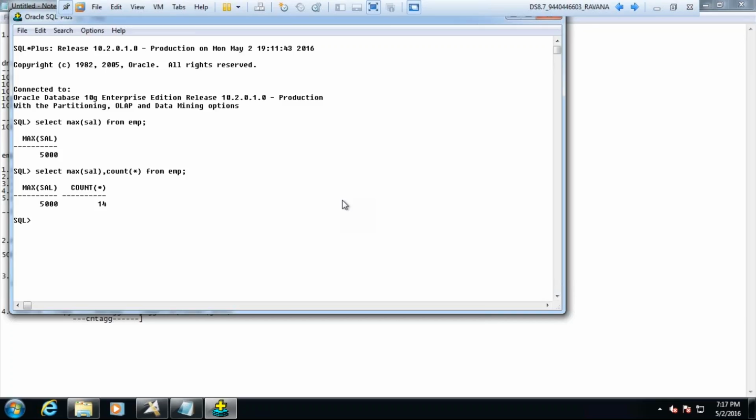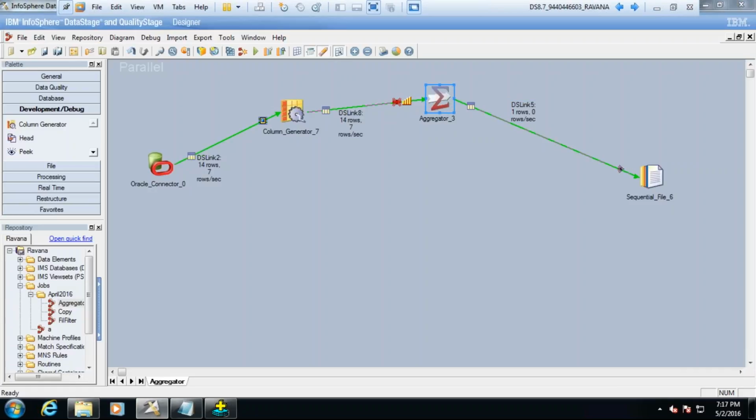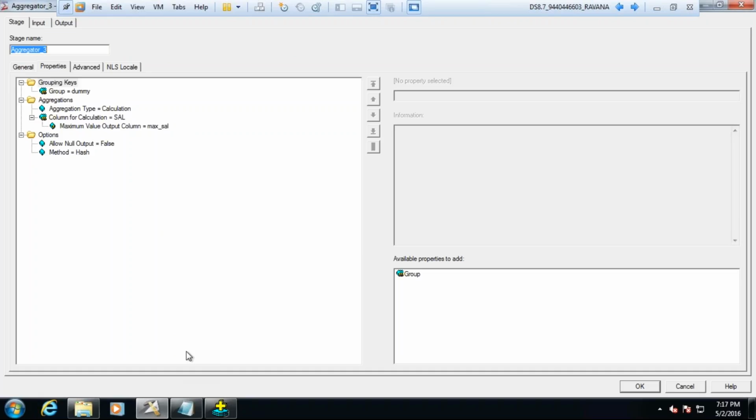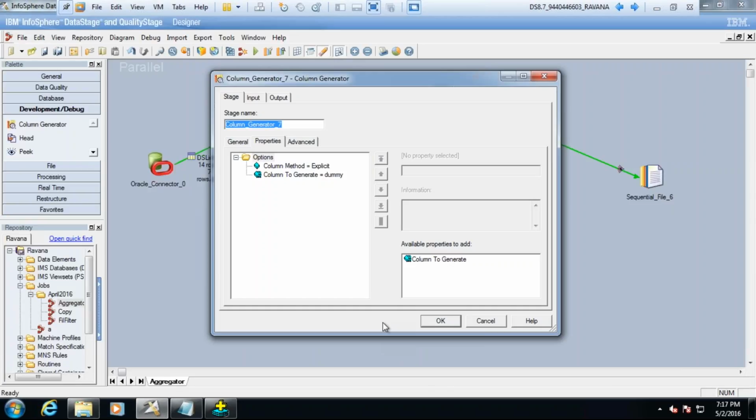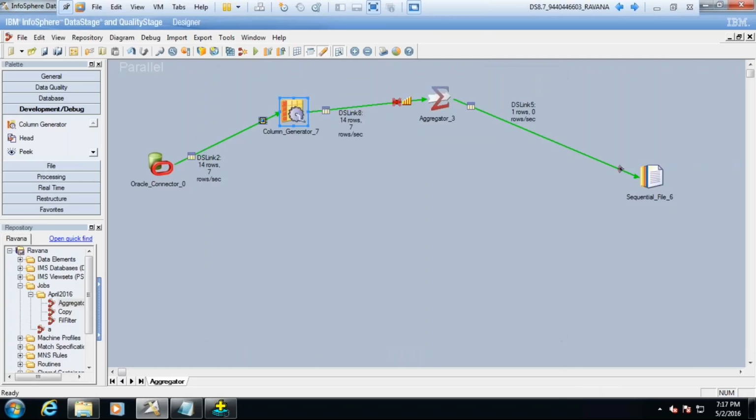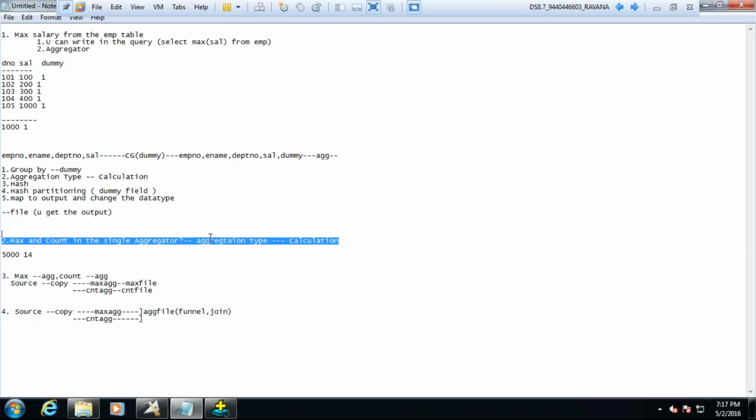As far as my understanding, maybe I'm wrong. See, don't say that is my understanding. That is a wrong answer. If you are saying your understanding is where clause, explain it briefly. Why did you say where clause? Where is the where clause present in the aggregator? Show me. Did I say where clause anywhere? Yesterday and today we are discussing the aggregator. Did I mention any time that we need to use where clause? No. Then how has the where clause come, sir? Did I say where clause in the column generator? No. So many times I am speaking about the aggregation type as calculation. Then where has the where clause come from, sir?